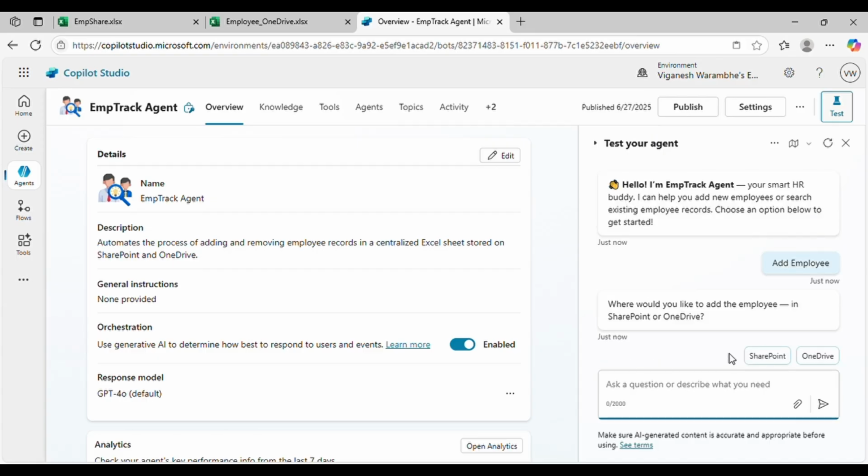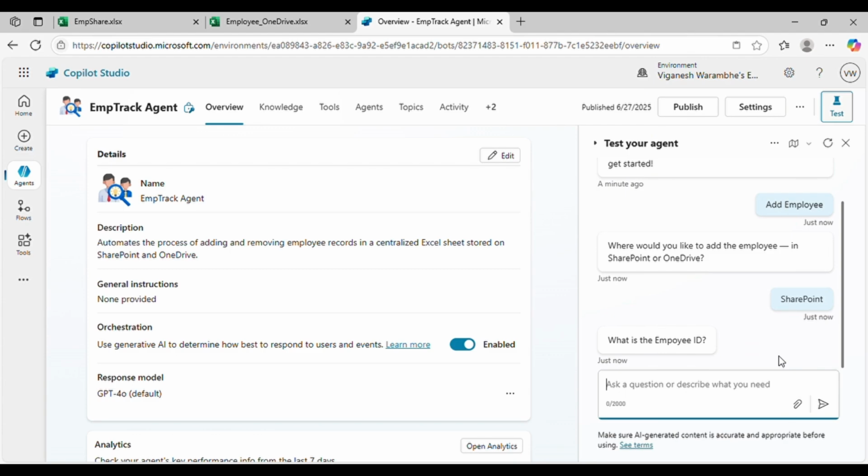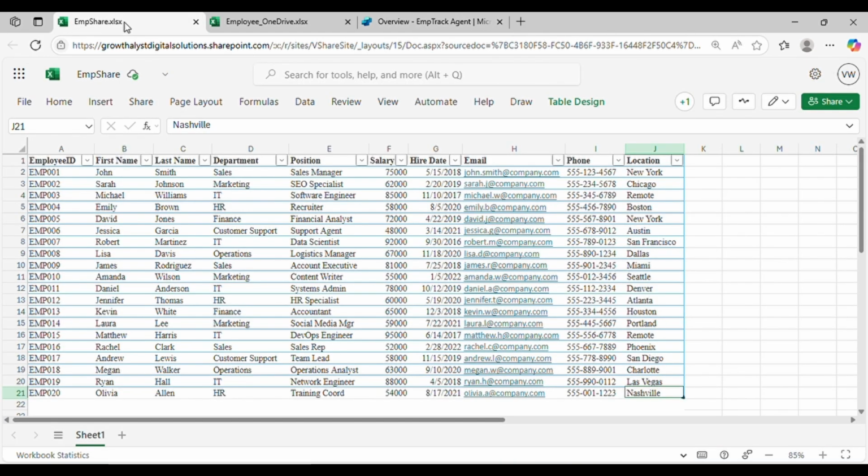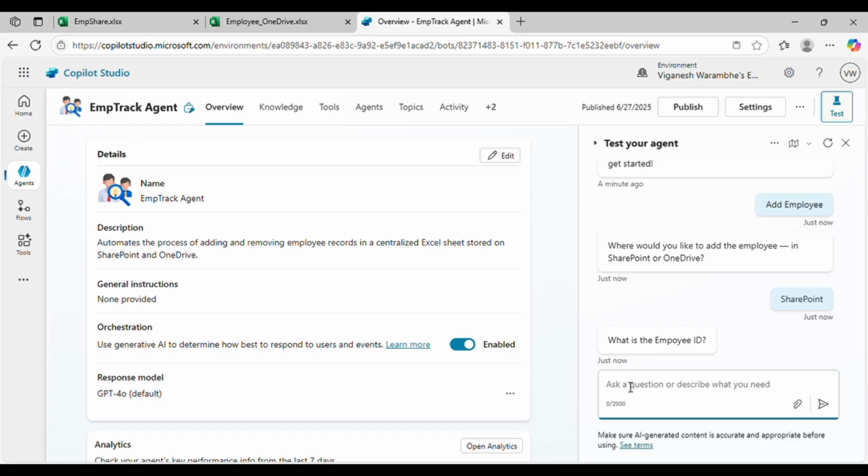Now it asks where to store the data. So I'll select SharePoint. It first asks for the employee ID. As we can see in our SharePoint list, we have employee IDs from EMP001 to EMP020. First, we will go with